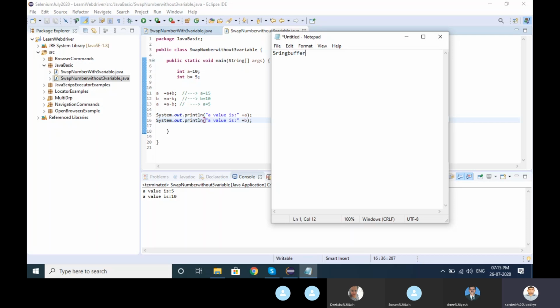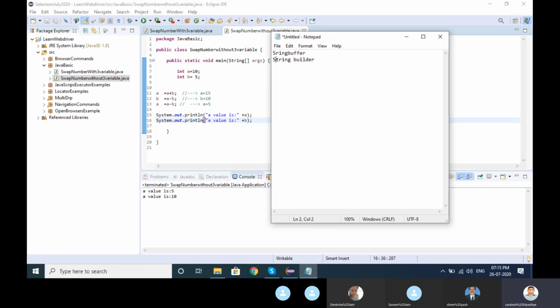These are the two classes which have some inbuilt methods in Java.